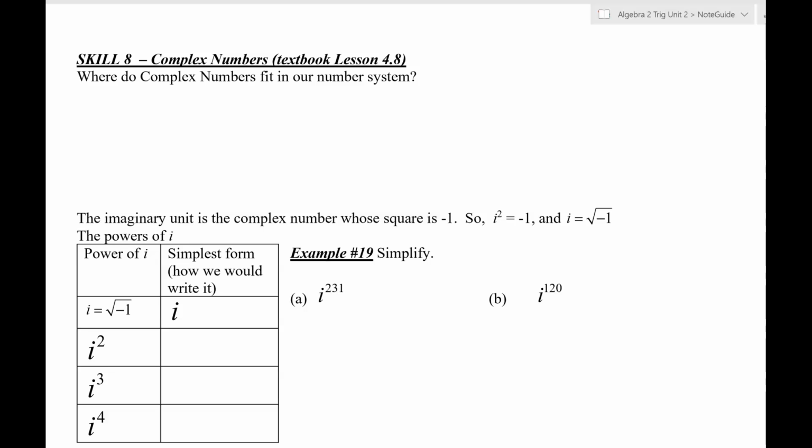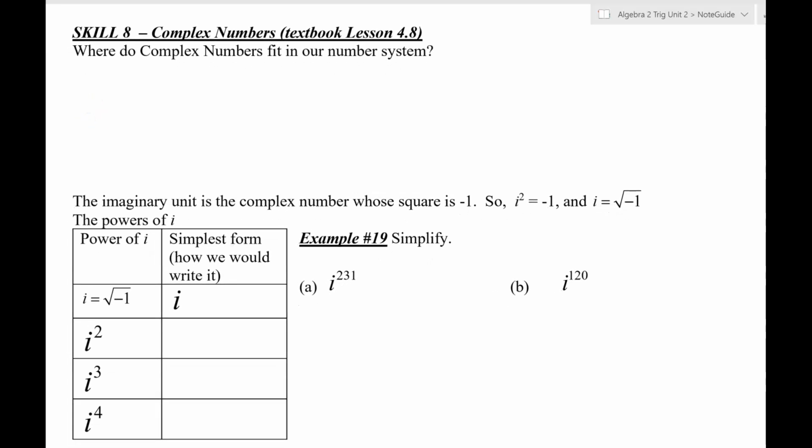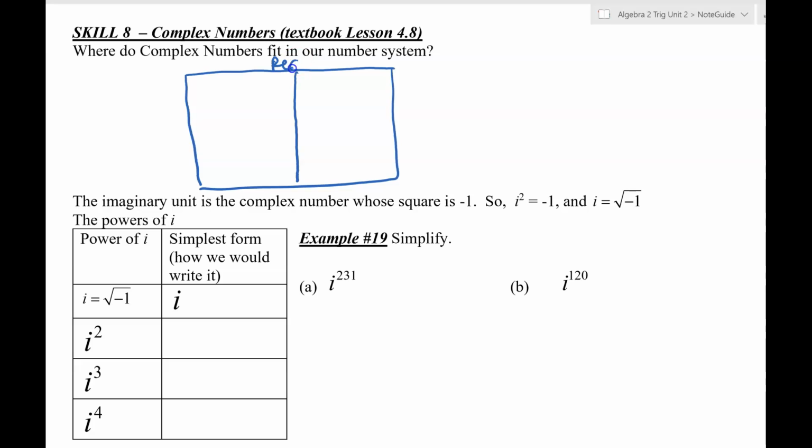So we've always looked at numbers from the perspective of real numbers and kind of thought of every number as being part of this one system. And it turns out that another system was created along the way that incorporates some of these same properties but adds on to them. So you have this system of real numbers, and you have your rational and irrational, and then within the rational numbers you have things like integers, whole numbers, natural numbers. But really our real number system is part of a bigger system